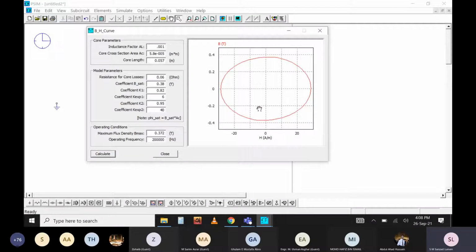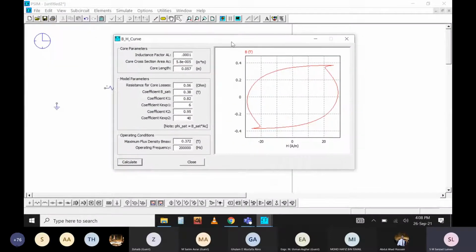This is the BH curve if I change the parameter in this way. This is how you can change the parameters and see how you have produced a magnetic material whose BH curve will be like this. This is what you're going to need if you are concentrating on magnetic circuit simulation.